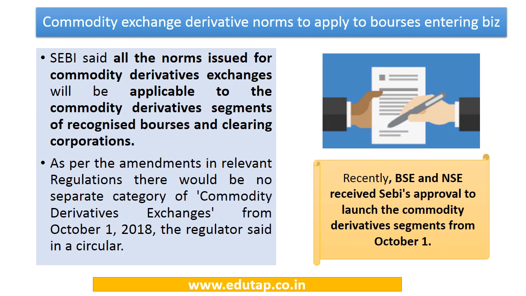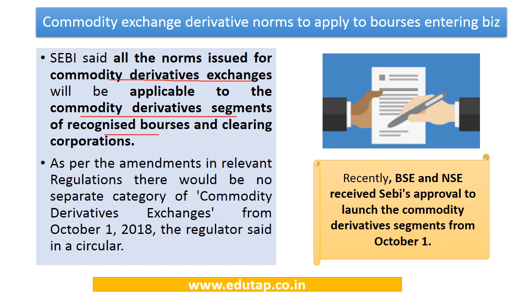Next is commodity exchange derivative norms to apply to bourses or exchanges which are entering business. Now this is again in reference to the recent approval given to BSE and NSE with regard to launching of the commodity derivatives segment. Now they were worried what would be the rules they have to follow with regard to the commodity derivative segment, and in this respect SEBI has given this clarification that all the norms which are issued for commodity derivative exchanges, they will also be applicable for the commodity derivative segment of the recognized exchanges and clearing